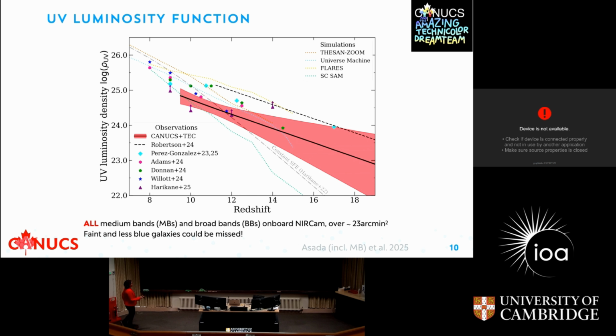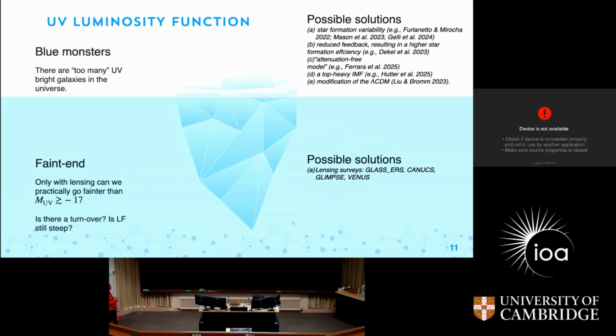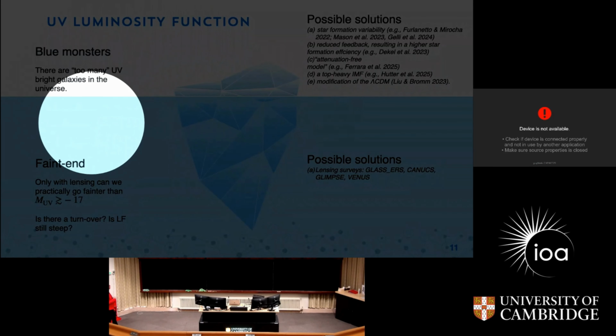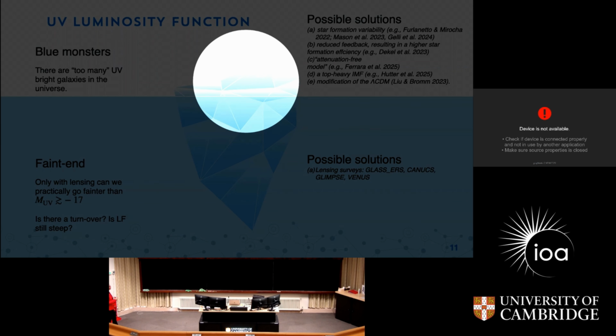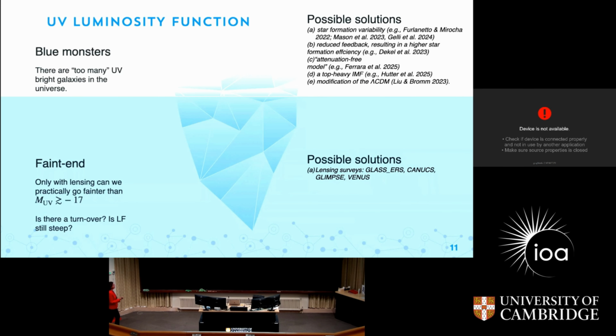So what is this all telling us? Well, we're currently having sort of two puzzles here. One is the one I already mentioned before, the problem of blue monsters, that there are too many UV bright galaxies in the universe. So when we look at the tip of the iceberg, we are seeing a lot of UV bright galaxies, and so the question is, why is that? And there were a lot of